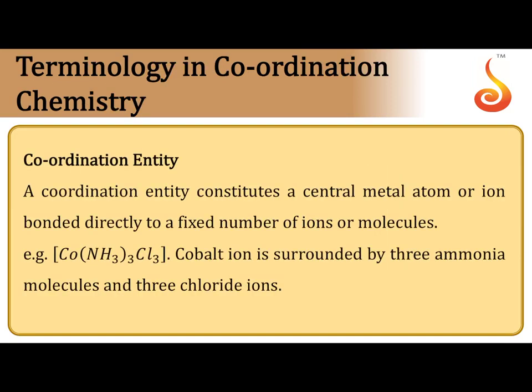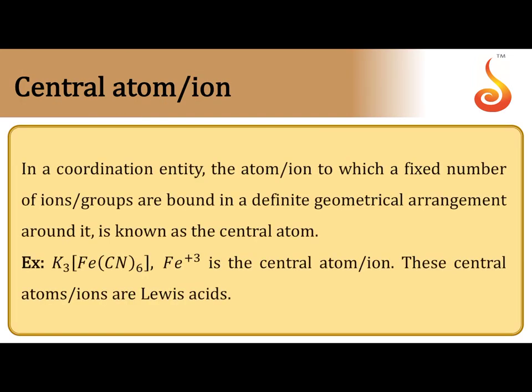So, terminology: coordination entity. When a complex is dissolved in water, the central metal atom along with its ligands can exist as one unit. That is called the coordination entity. When we represent the formula, the central atom along with its ligands is represented within the square bracket; that is the coordination entity. Ions which are present outside of the coordination sphere are called counter ions. They are ionized when dissolved in water.